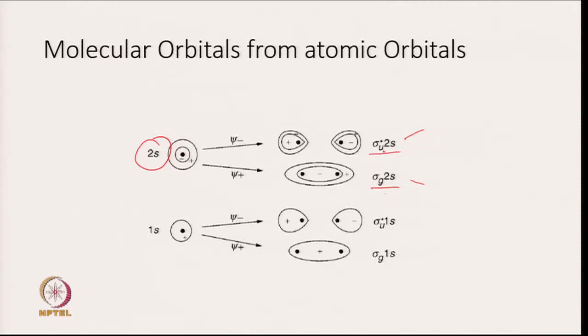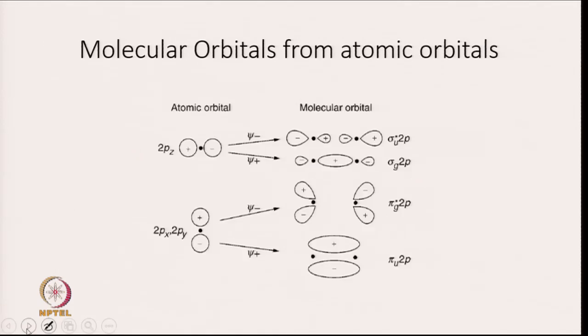This is the bonding orbital, this is the anti-bonding orbital. And u is for ungerade and g is for gerade. So, 1s will combine to give you sigma u star 1s and sigma g 1s. Two 2pz atomic orbitals will combine to give sigma g 2p and sigma u star 2p, and 2px and 2py will combine to give pi 2p and pi g